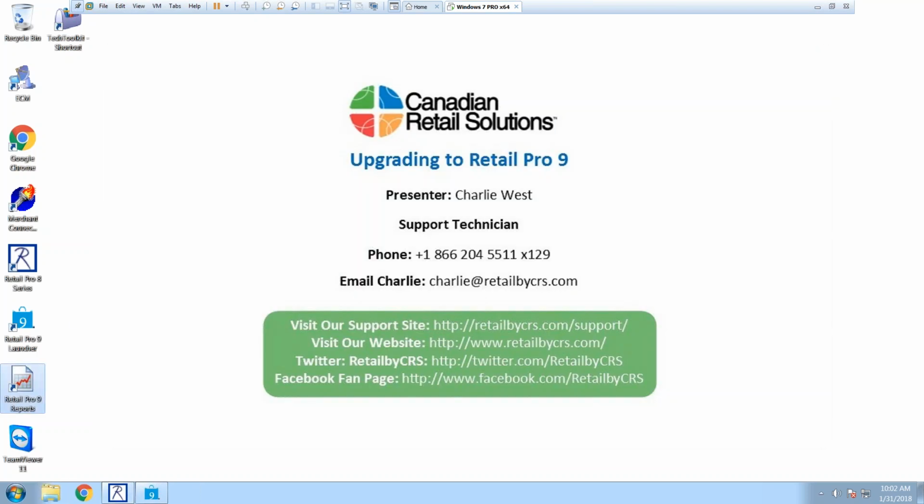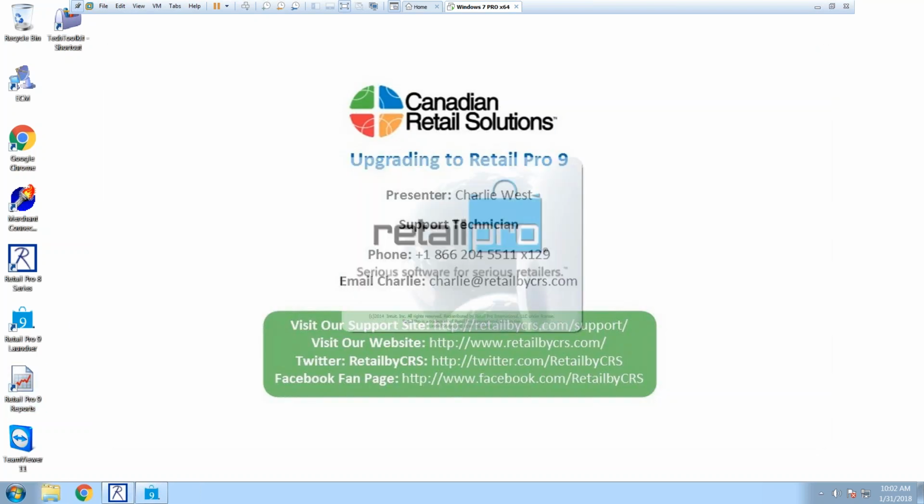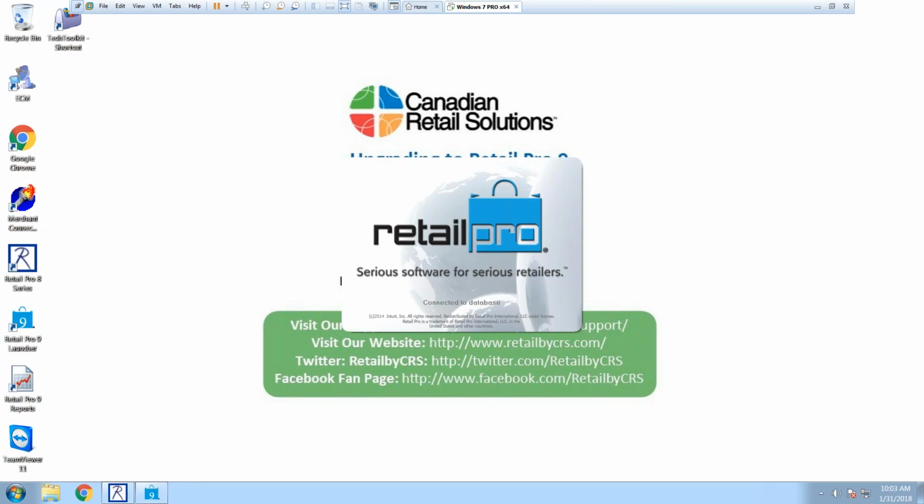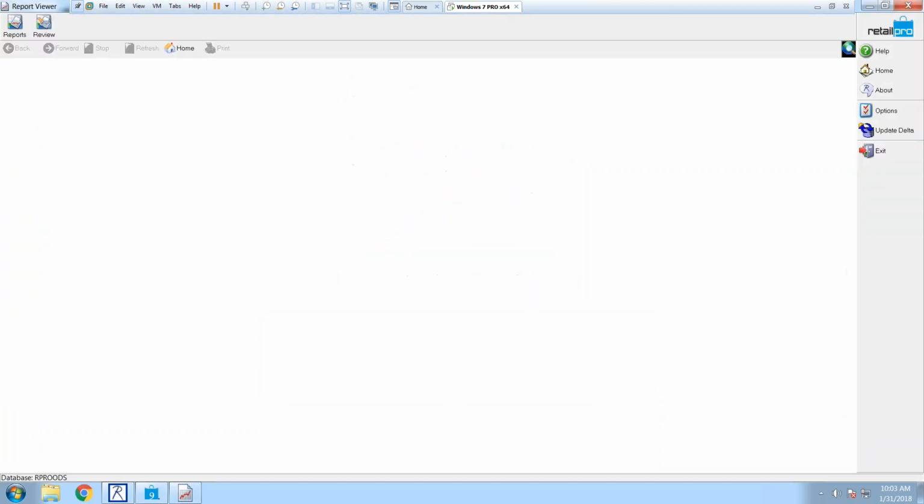Retail Pro 8 features a very customizable reports tool. You can go in there, build custom reports, build really complicated merchandise reports. In Retail Pro 9, because of the way the database works, that relational database, the reports tool requires some programming knowledge, some SQL knowledge, if you want to make some customizations. So for all intents and purposes, we consider it static,